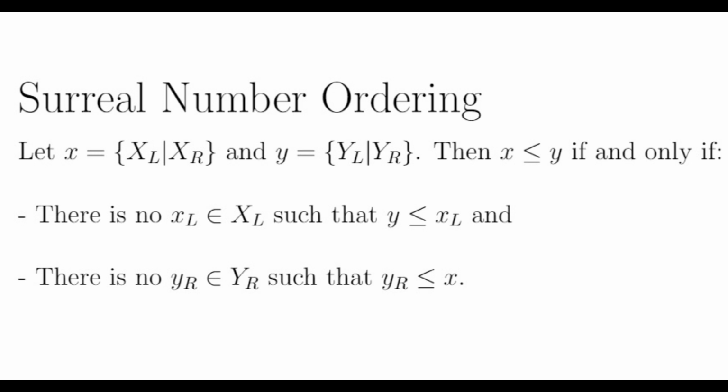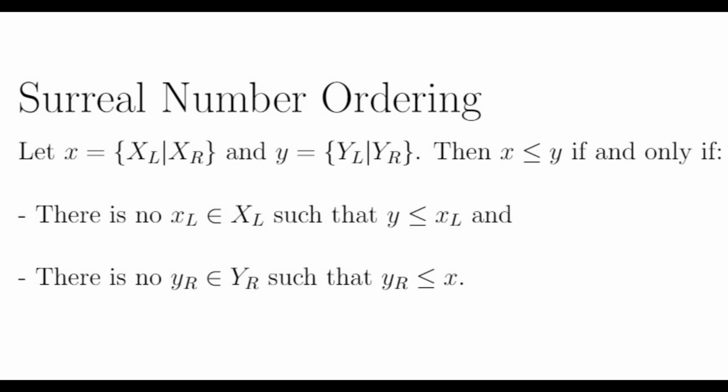This is the ordering Conway came up with. Given any two surreal numbers x and y with their corresponding forms xL, xR for x, and yL, yR for y, we say that x is less than or equal to y if and only if every element in the left part of x is smaller than y, and every element in the right part of y is greater than x. For example, the surreal number